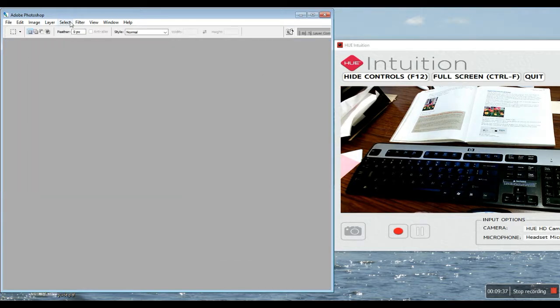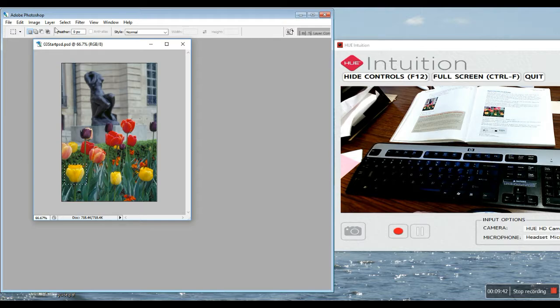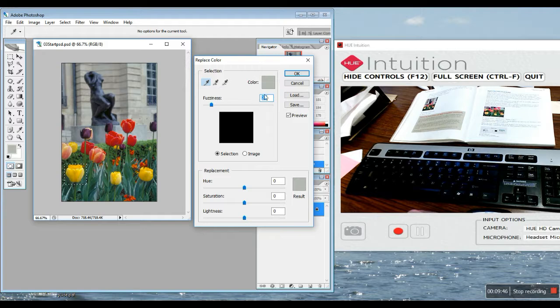So I'm going to cancel this. I'm going to go back in, make my selection, Image, Adjustments, Replace Color. Fuzziness is fine. I'm going to click in the yellow. I'm going to add to my yellow selection. I can click here, and notice as I click more yellow in here, I add to my selected area. I can also click within this area here, which is actually kind of handier because you can see in black and white what has and has not been selected. When you're happy with your selection,